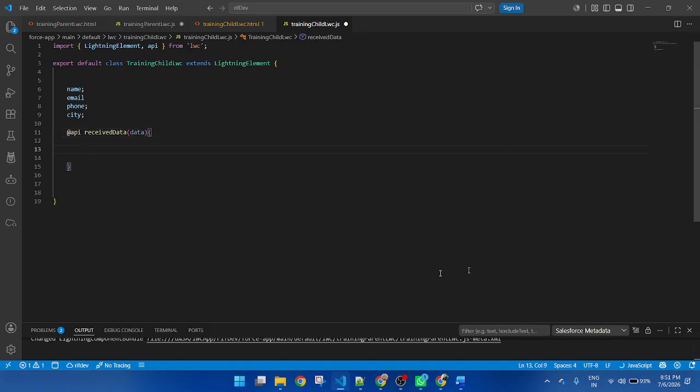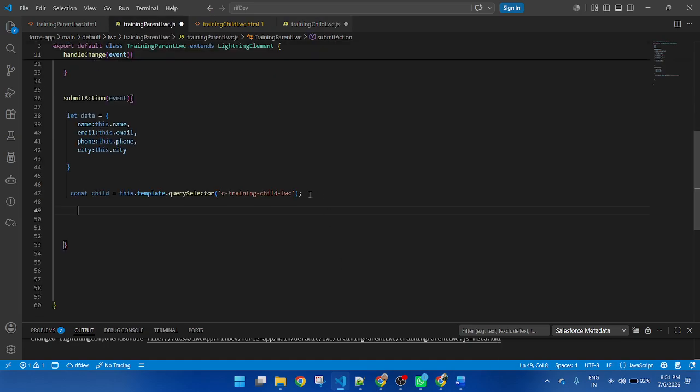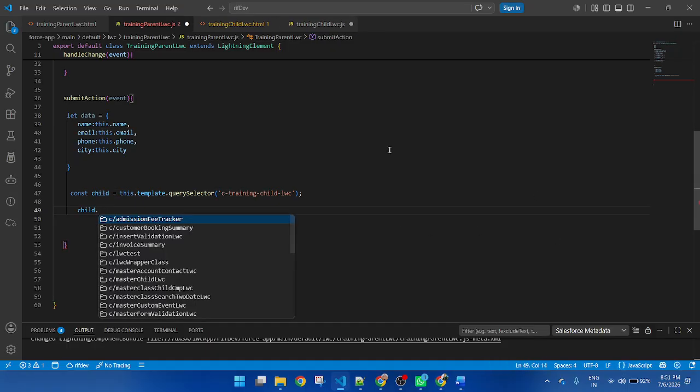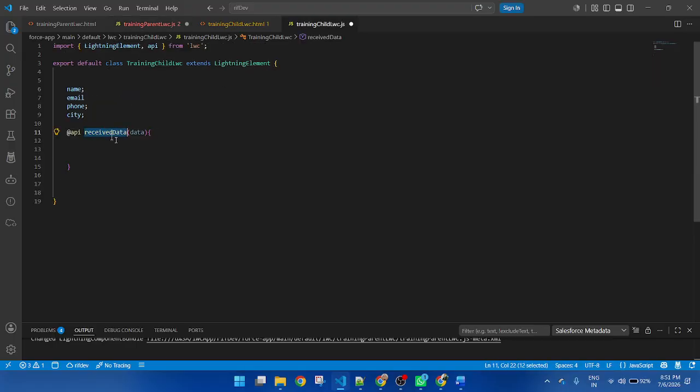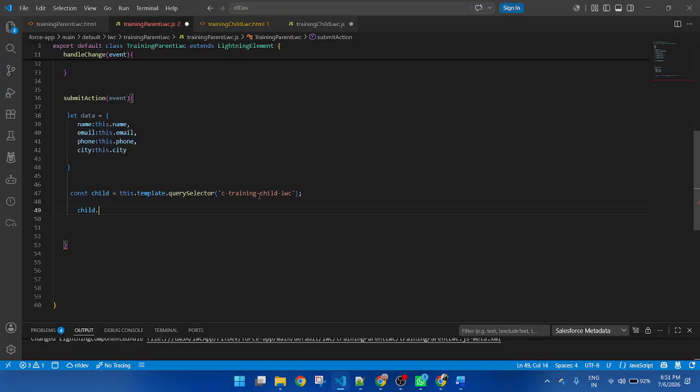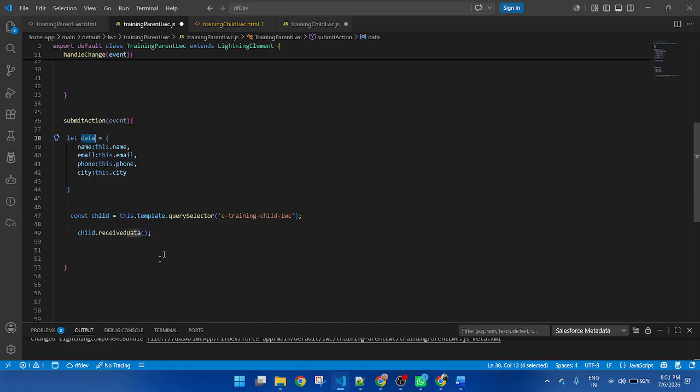This is the receiveData function, so I will call this function here. First I use the variable child dot this function, and in this function I will pass this data. That means I am sending this data to the child component.